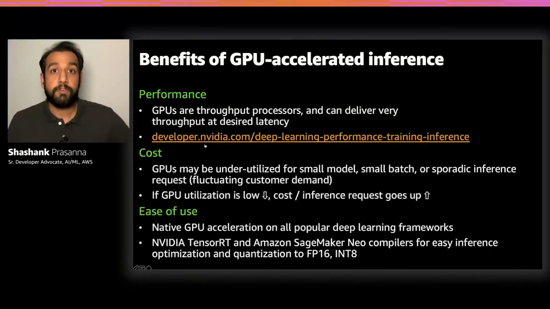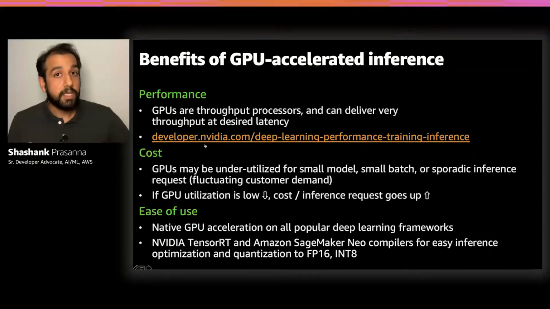If you're only using 50% of your GPU because your model is small, or if you have sporadic inference requests that are not utilizing the GPU, then your cost per inference goes up. So you have to bear in mind that for GPUs to be cost effective, you have to keep it fully